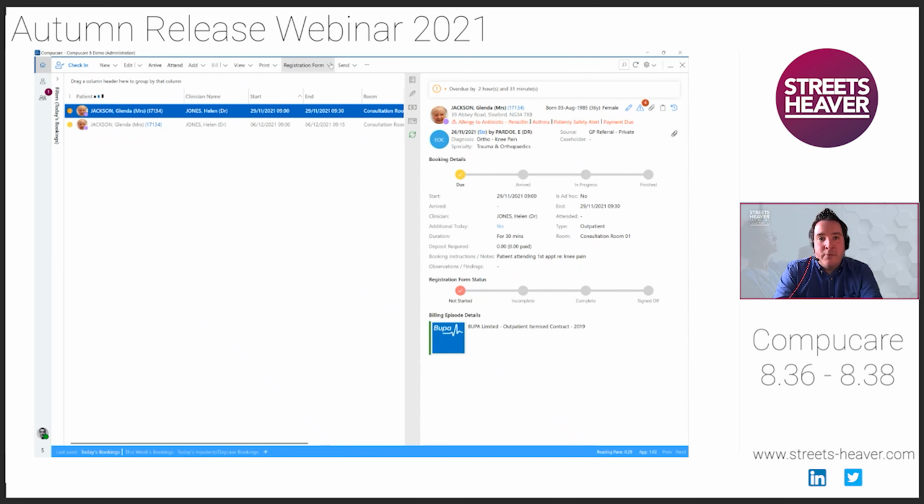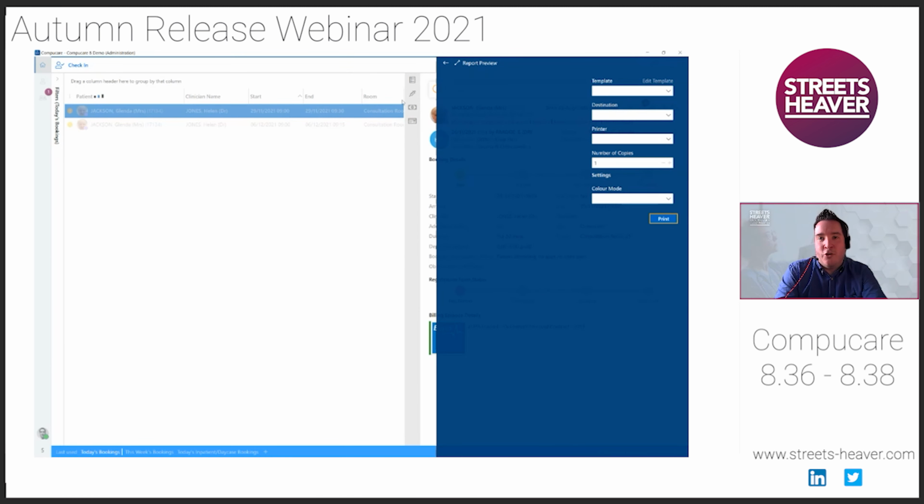first appointment here, you'll see at the top we've got a new registration form option. So if I have one available, I can attach it. And if I want to do an e-registration form, I can start that process from here as well. Obviously, you're familiar with when you go and print the registration forms, and generally you do it in batch for the patients coming through. So if I was to go and do a new registration form for this patient, it's